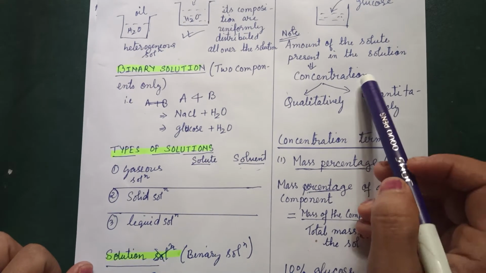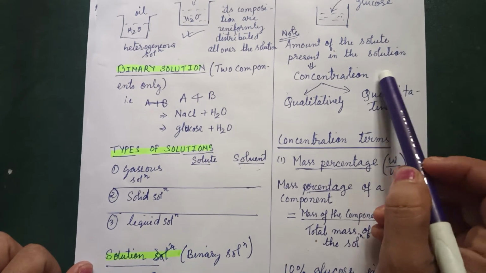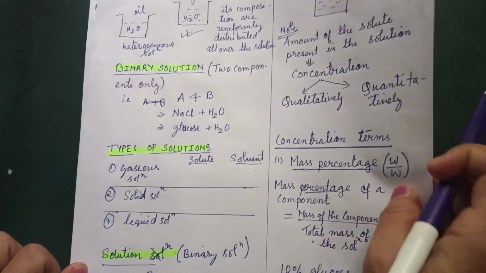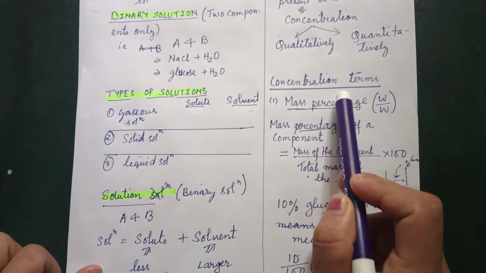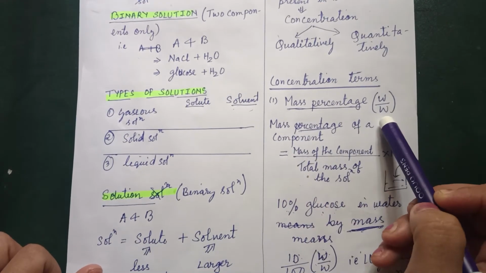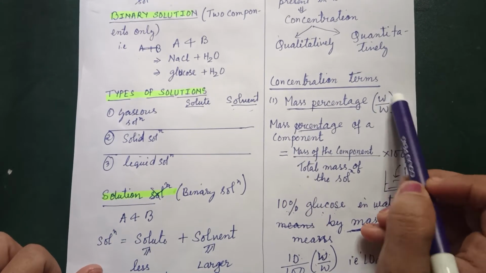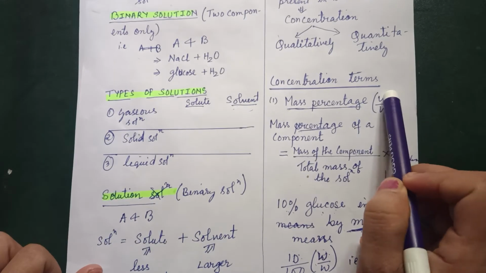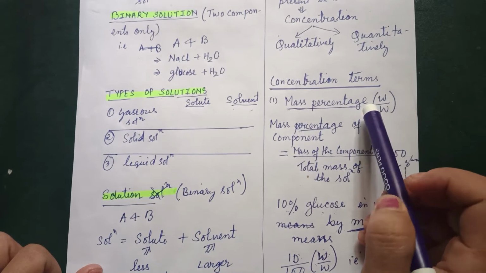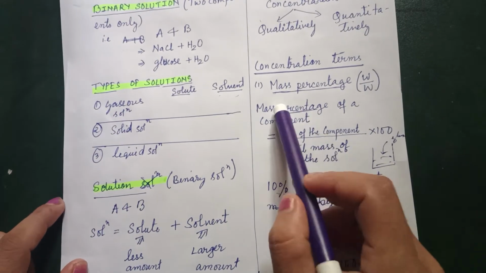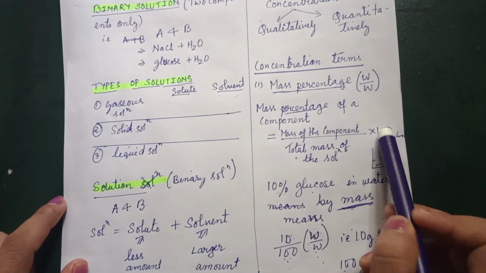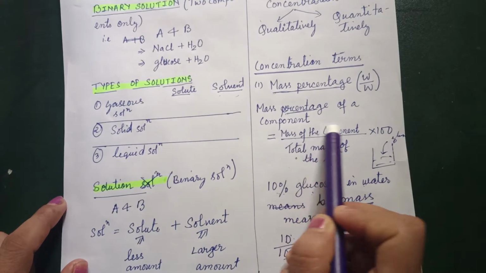Okay, so quantitatively, the concentration terms can be expressed in different forms. That is the mass percentage. Mass percentage means W by W. Here it is mentioning, a very important part, W by W. W means mass, W is also mass. When we say mass percentage, the term is there, into 100, mass of the component present